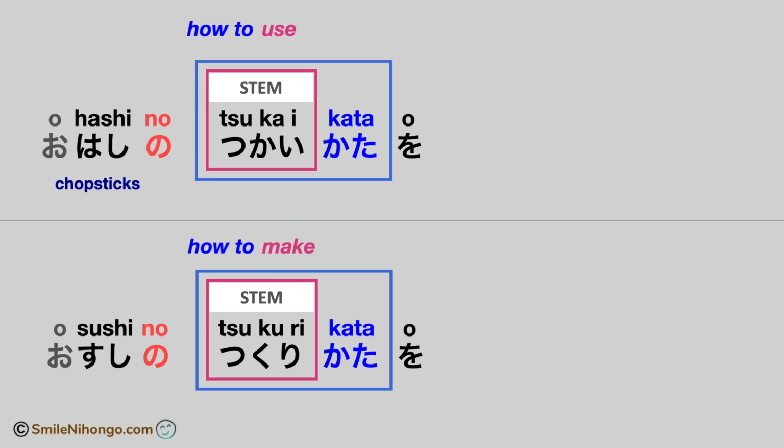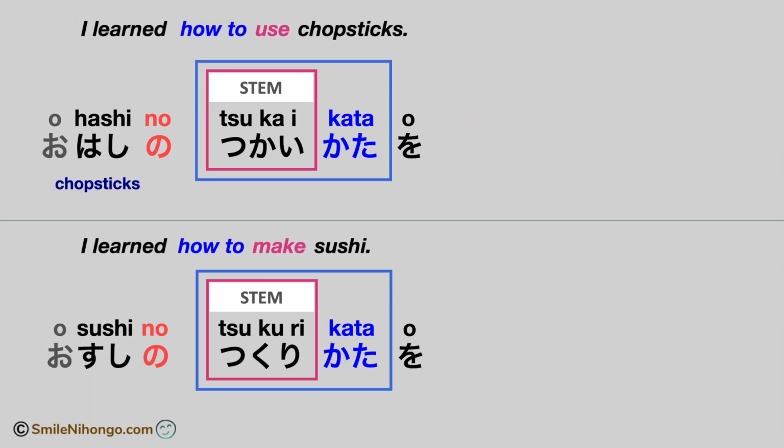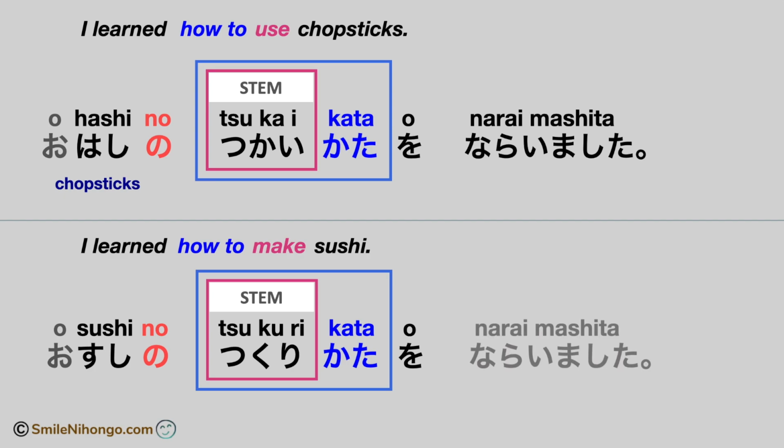For instance, to say, I learned how to use chopsticks, you can say お箸の使い方を習いました。I learned how to make sushi is お寿司の作り方を習いました。The verb 習います